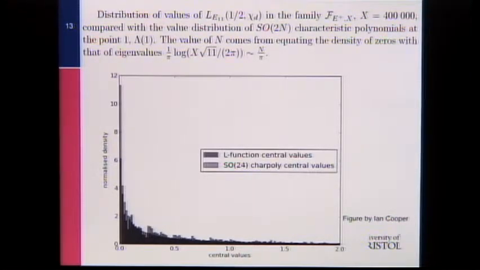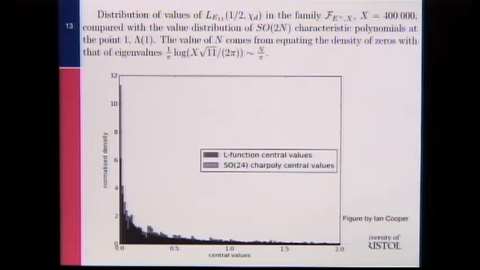So don't get confused. There are two kinds of plots we'll be looking at. One is distribution of zeros. One is distribution of values. So this is distribution of values. So we take all these L-functions with D between 0 and 400,000. For each one, we calculate the value of the L-function at the point a half and just make a histogram of those values. And that's the kind of stripy